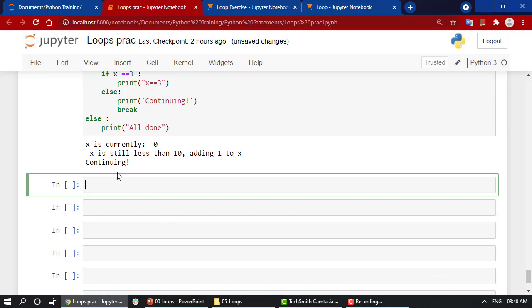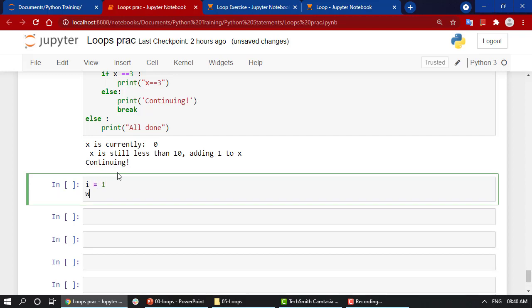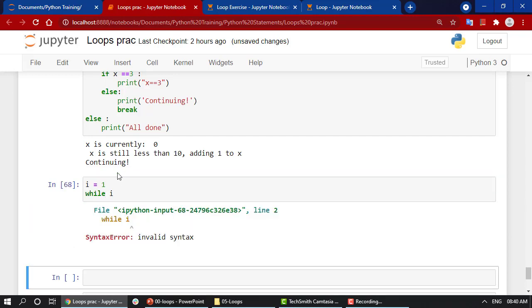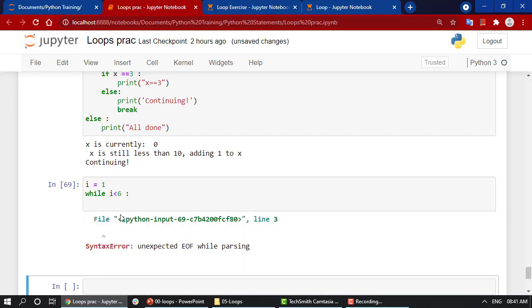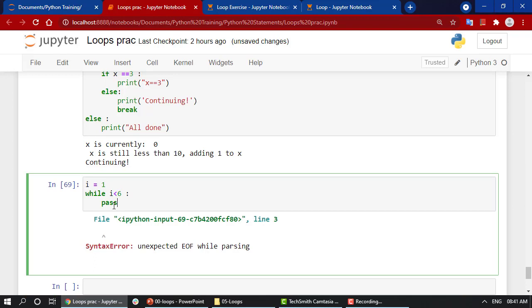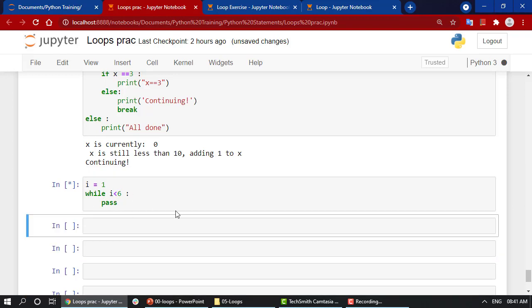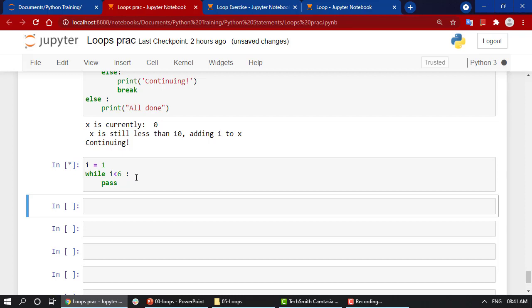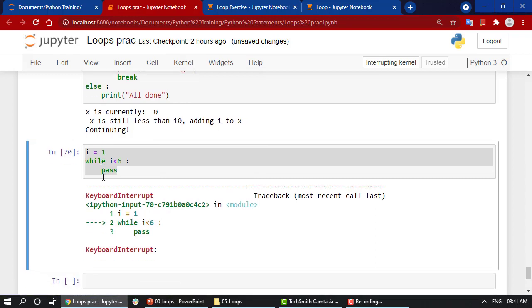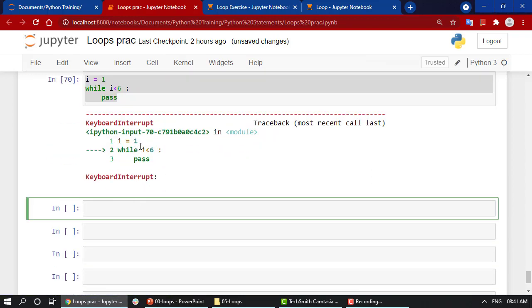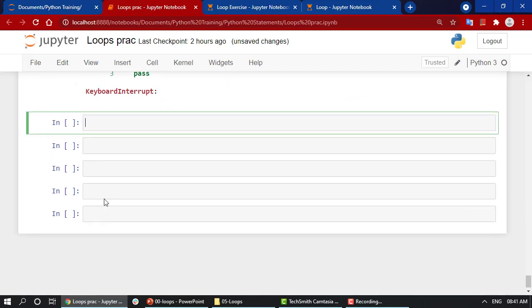As I have told you before, any Python statement cannot be left empty. Even the conditional statements, we have looked through this. Even a while loop, let's say while i equal to 1, while i is less than 6, and if I try to keep it empty, it will be an error, so you can just write pass in that place, and it should be working just fine. Okay, now over here an endless loop is going on, but yeah, you can use it for a for loop. So let's stop the interrupted. Okay, so that's how it goes on.